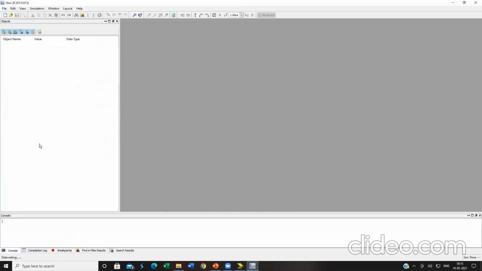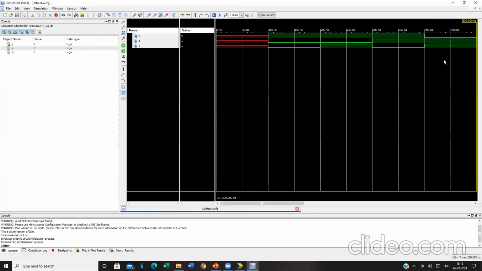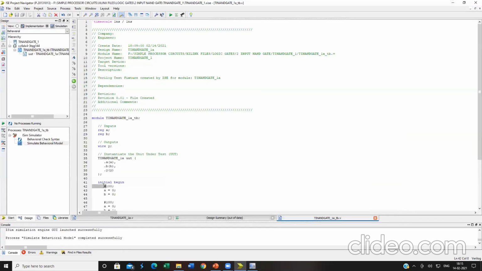The next time you can directly go with the simulation. See over here, click on zoom to full view. Now click on zoom out. See, the program has been reduced only up to 500 nanoseconds. Why am I getting this like this? Because I have mentioned over here that the input must be applied only after 100 nanoseconds.